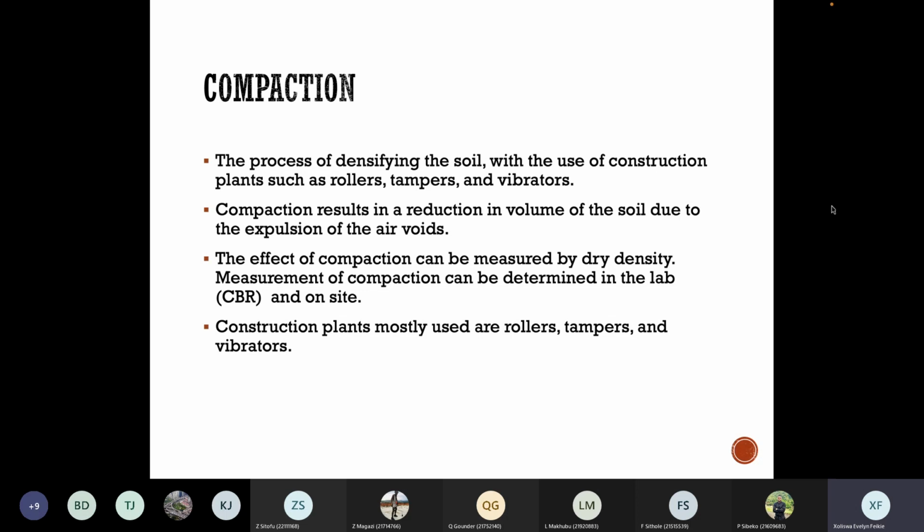Under the identification of soil, we covered field identification. How is soil identified on site or with the naked eye? How can you see the type of soil you're dealing with? We spoke about different characteristics such as color, consistency,